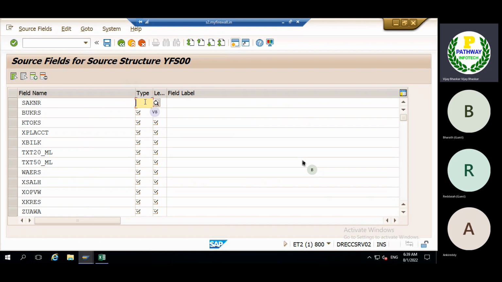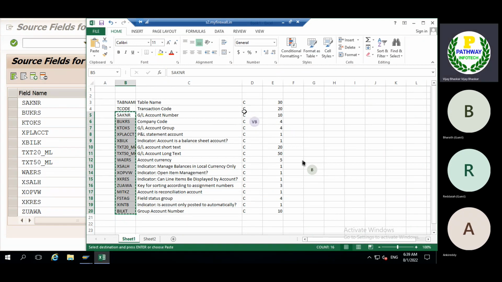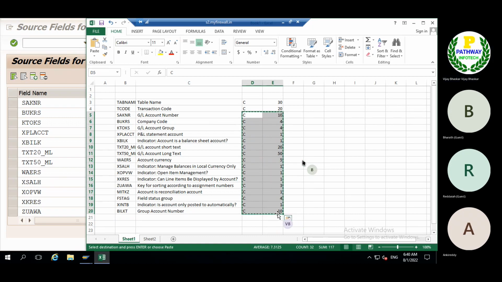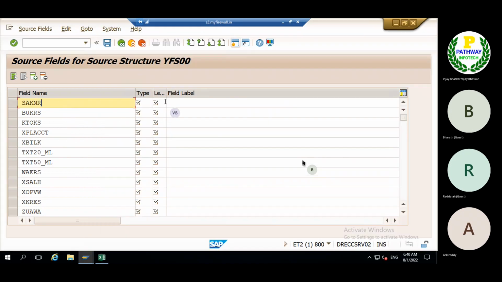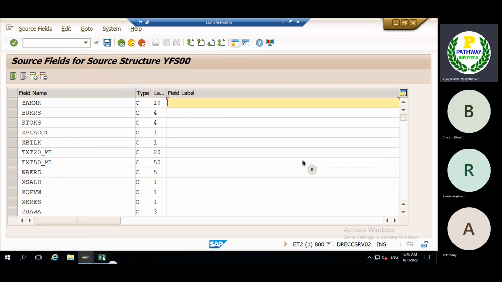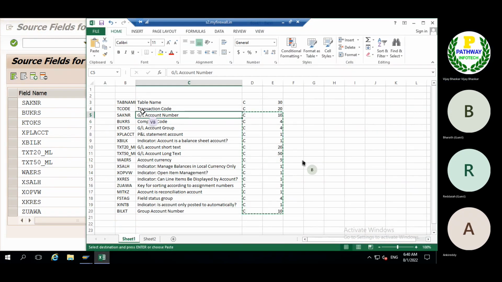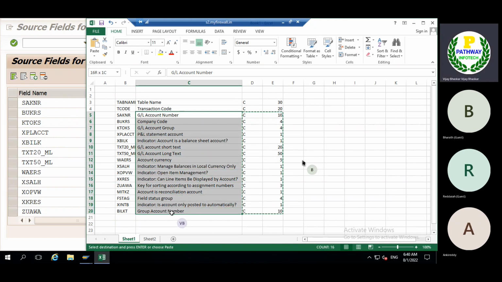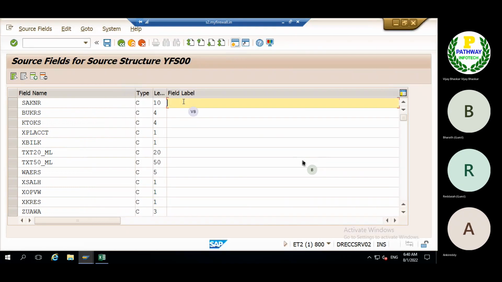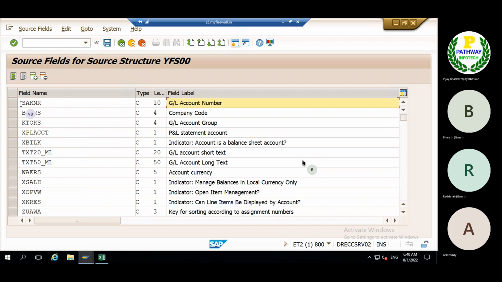Okay, type: always C, and we need to give the length at the same time. Then field label name, we need to give the name here from the GL account number. Here we need to make the adjustments.